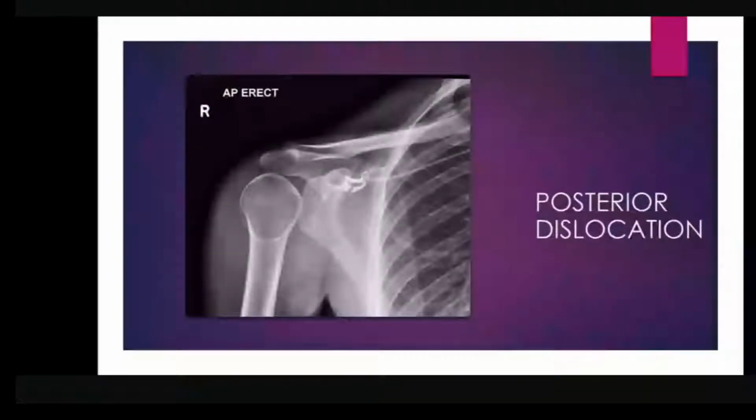So in posterior dislocation, you will see the patient is unable to do these things, but the X-ray will appear in normal position. See, the humerus head is radiolucent here. If you consider the consistency or opacity of the shaft of the humerus with the humeral head, you will see the humerus head is much more radiolucent compared to the glenoid or the shaft of the humerus. That is known as light bulb sign.